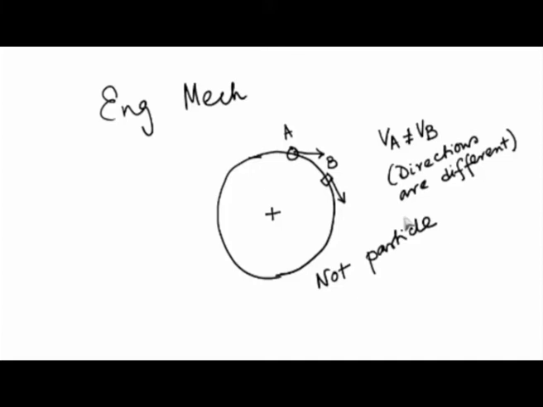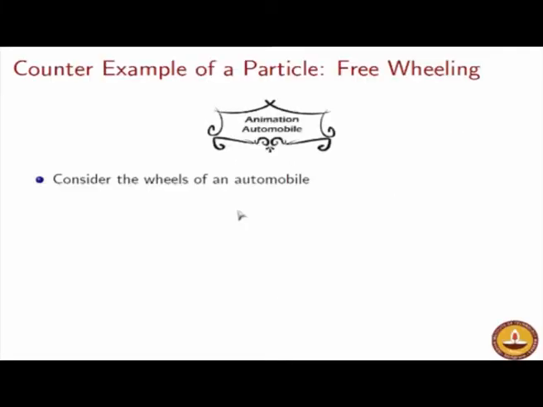One, the case of an aeroplane which is flying on a straight path. This corresponds to a particle because every point of the aeroplane shares the same motion characteristics, whereas in a spinning wheel, each point will have different motion characteristics and therefore it is not a particle. So please try to understand both the examples as well as the counter example. So I'll just run through what I have explained.